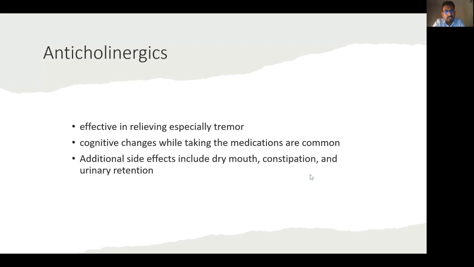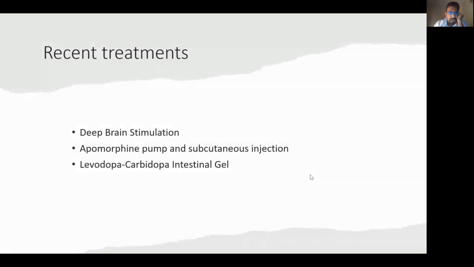Only in this situation is an anticholinergic helpful, but I'd say we need to think twice, maybe more, if we want to use an anticholinergic in an elderly patient, because most of these patients find it very difficult to tolerate, and you will see confusion quite immediately after starting an anticholinergic, especially in high doses. Other side effects, as you can imagine, are autonomic, including dry mouth, constipation, and urinary retention.